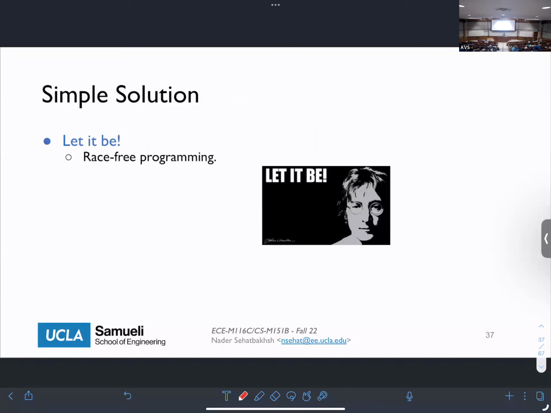Once it knows that, then the programmer can say, okay, I'm not going to write a race condition in my program, which means I'm not going to have a scenario in which, if this happens before this versus if things happen in order, I'm going to get different results. It's going to be very, very hard, but it's doable to write programs like that. We typically call them race-free programs.